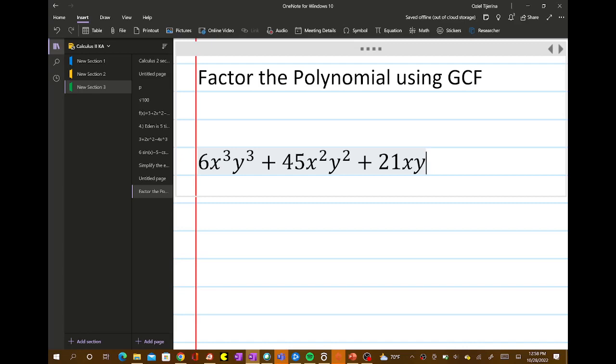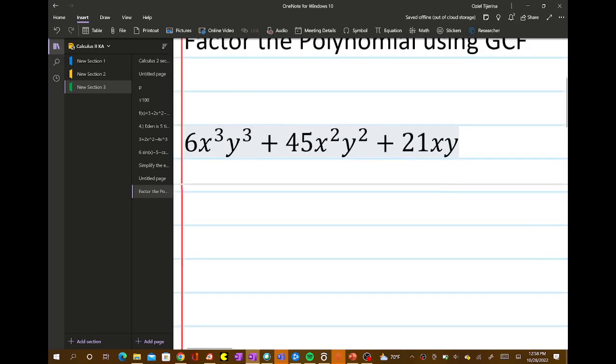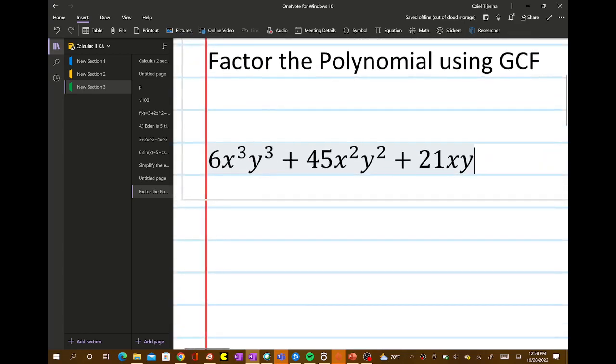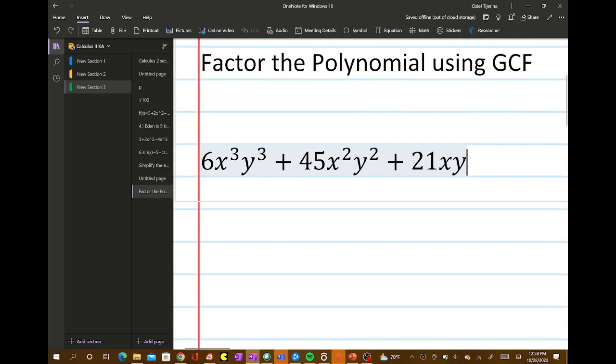This is an example from the book, OpenStax College Algebra, so I can post a link in the description down below. It says factor the polynomial using GCF. GCF stands for greatest common factor, and we have 6x cubed y cubed plus 45x squared y squared plus